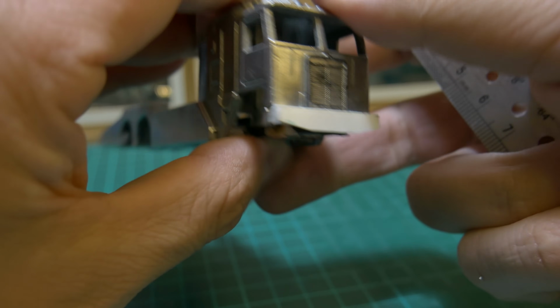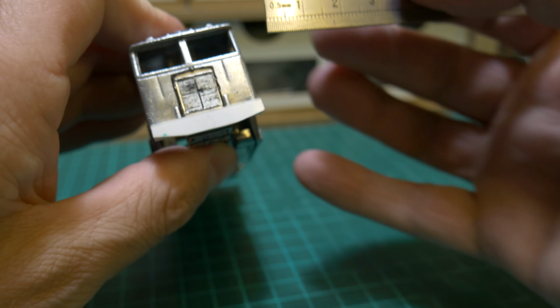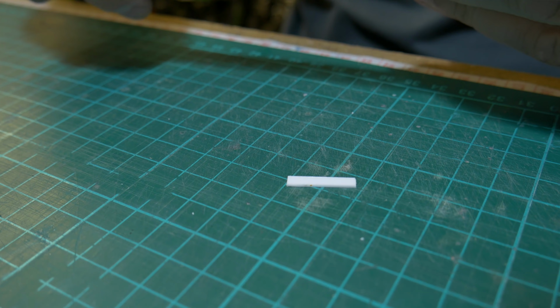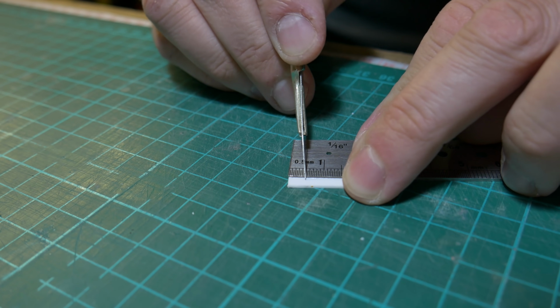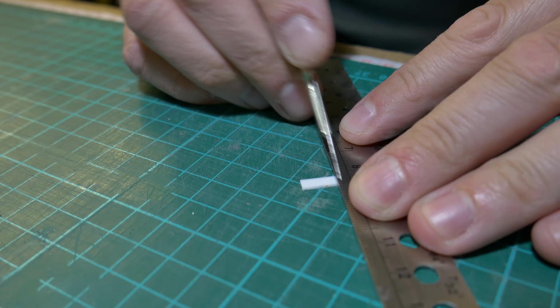So there's the front bumper bit. Onto the headlights now. I'm not going to build these as part of the bumper. Obviously they did for the original Matchbox one to help with all the manufacturing, but in the real world the headlights were separate. So very simply I'm just going to cut some little 5mm rectangle squares of styrene